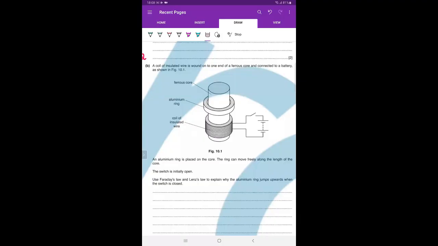It further says an aluminum ring is placed on the core. So the aluminum ring is positioned. The ring can move freely along the length of the core. So we can expect the ring to move up and down freely. Initially, the switch is open. Use Faraday's law